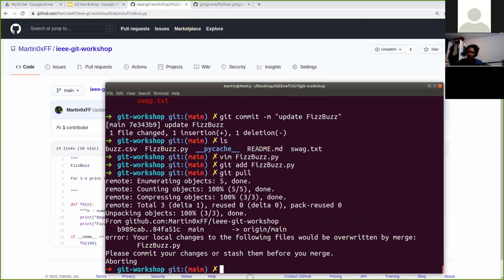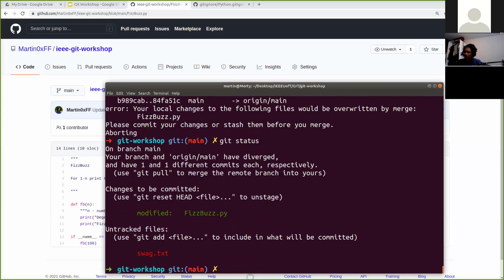So right now I haven't committed anything. All I've done is I've just added it. So we do a git status. So this is a case where essentially you're modifying files, right? And maybe one of the files you're modifying, you want to keep. So maybe there's a whole bunch of work you did in fizzbuzz, but they aren't merging correctly. So instead of actually worrying about committing it first and merging, instead what you want to do is git